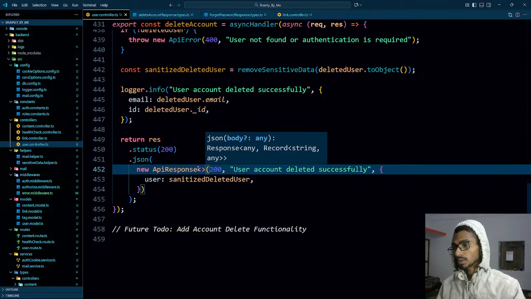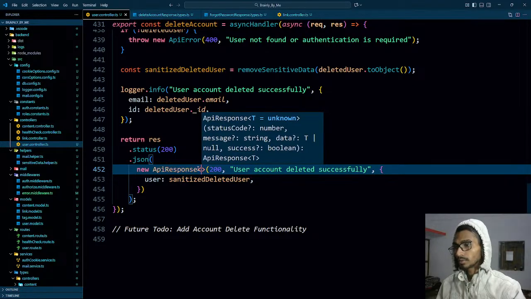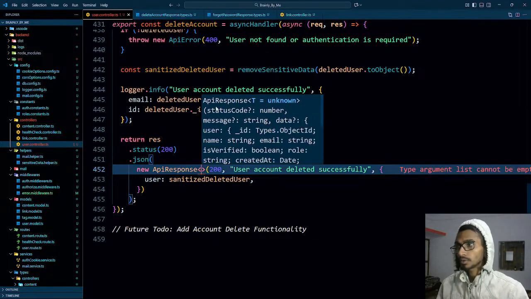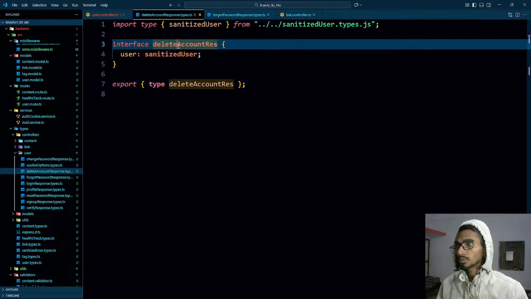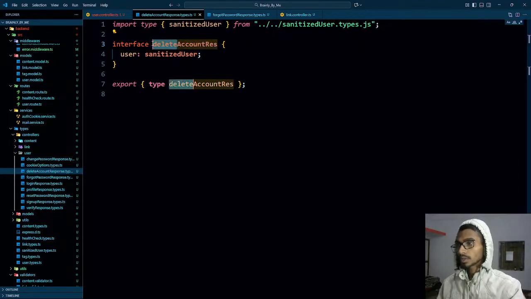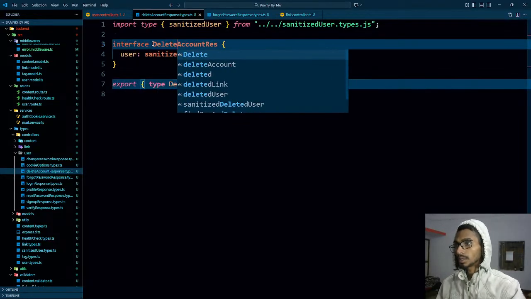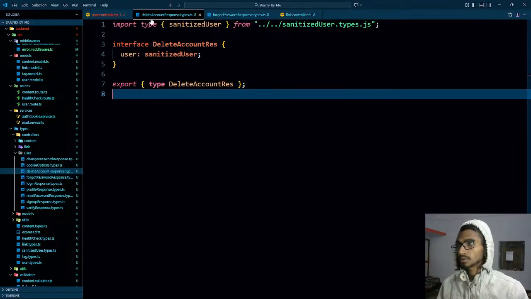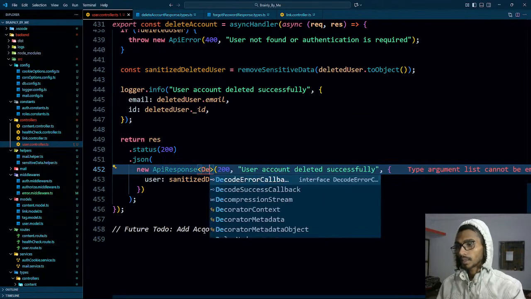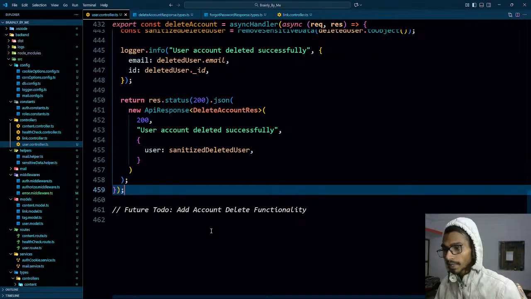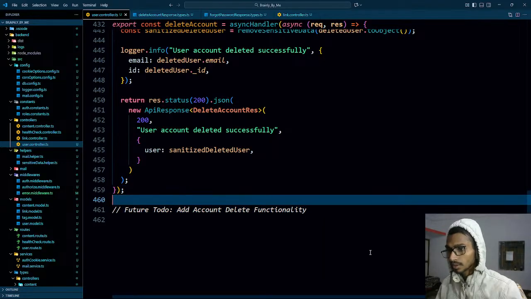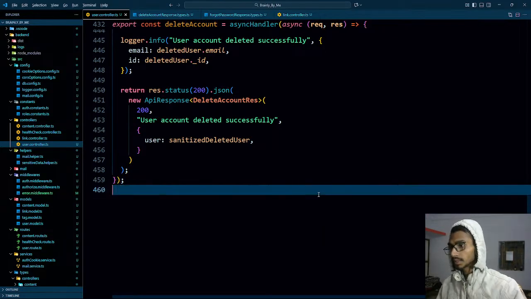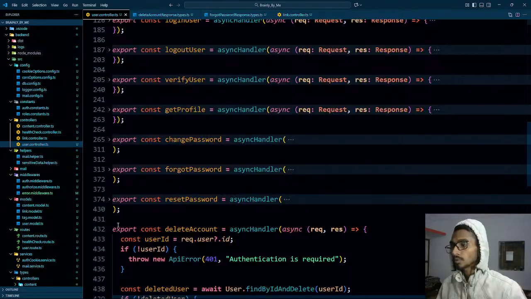So it's going to be generic actually, and I need to make some more changes. It should be capital, so control D, delete account response. Let's go there, and this could be delete account. Yeah, seems like we have done it, and this is not done yet. I know there's another thing that I have to do. I have to use a pre-tag,